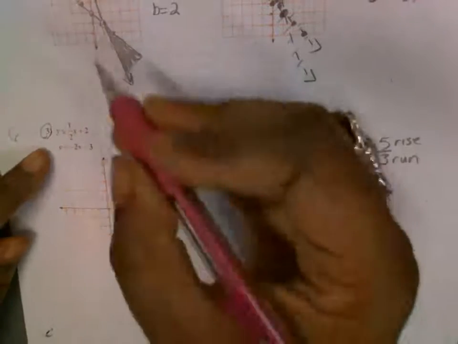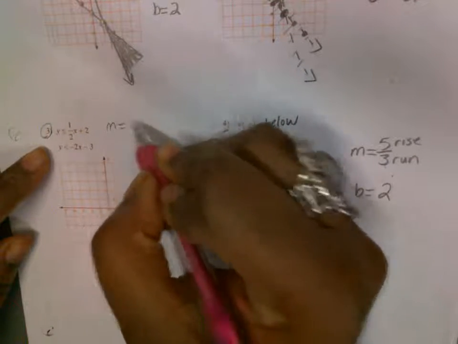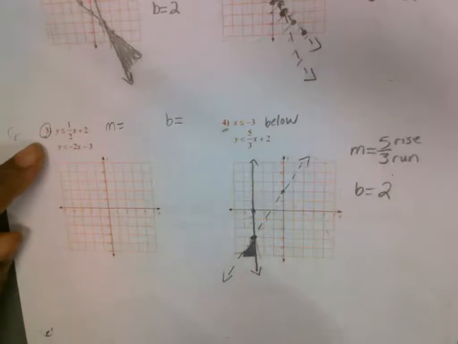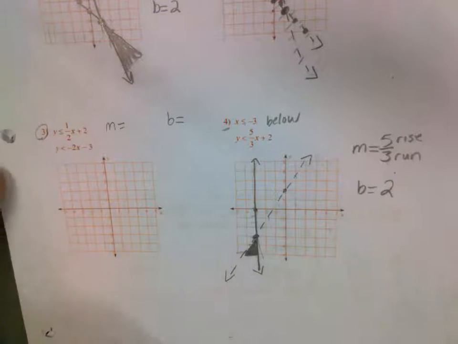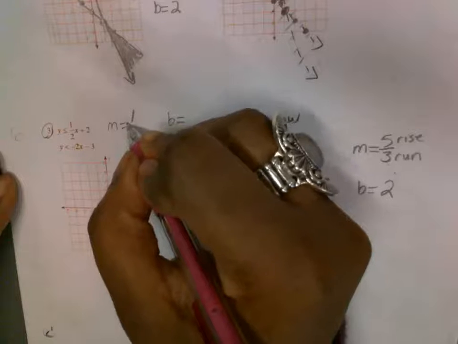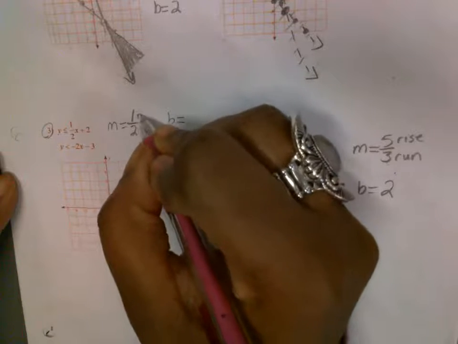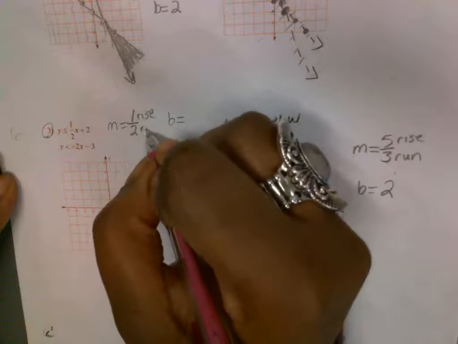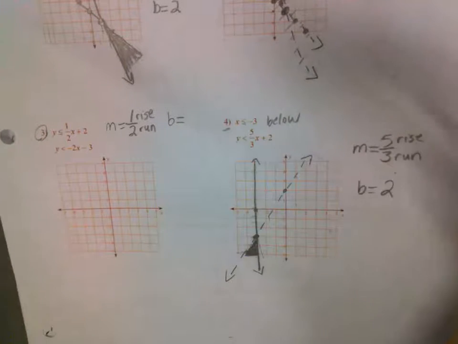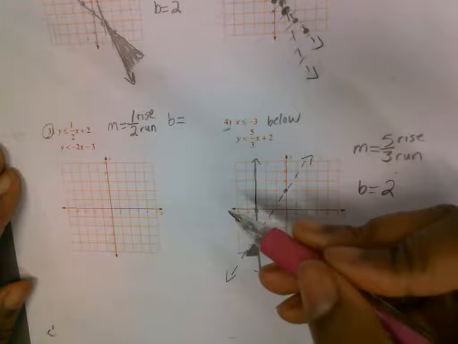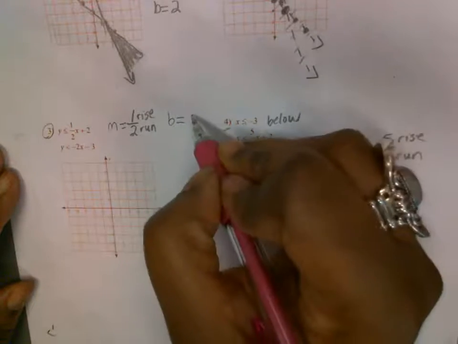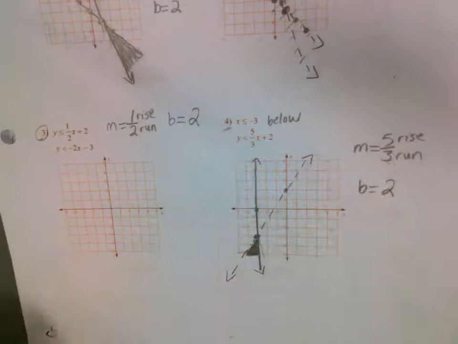Don't forget to label your M and B for both. Your M is the number that's attached to the X. Don't forget that. If it's already a fraction, good. You have a rise over a run. The number that has no variable attached to it is the y-intercept. Label M and B